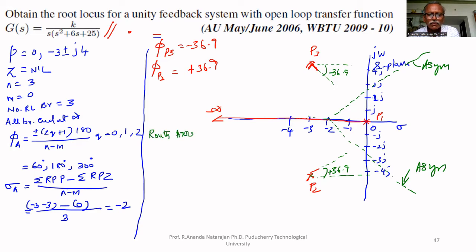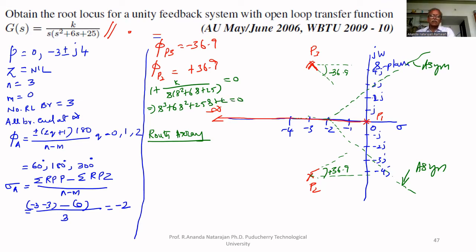Routh array we have to form. For that, 1 plus G of s is K upon s multiplied by s square plus 6s plus 25 equal to 0. This implies s cube plus 6s square plus 25s plus K equal to 0. Therefore, the Routh array is